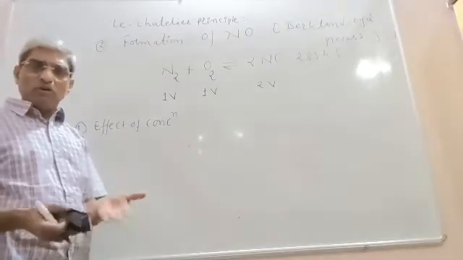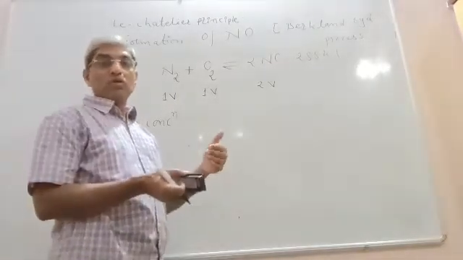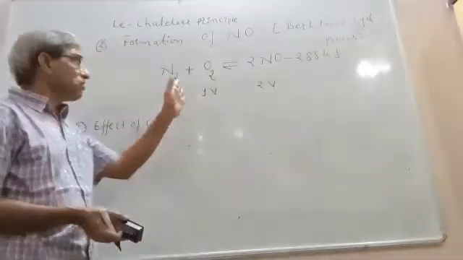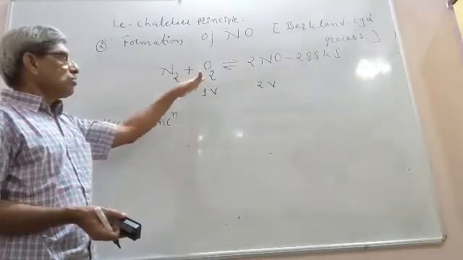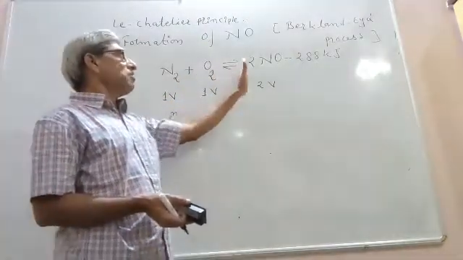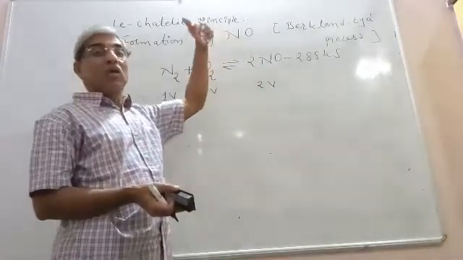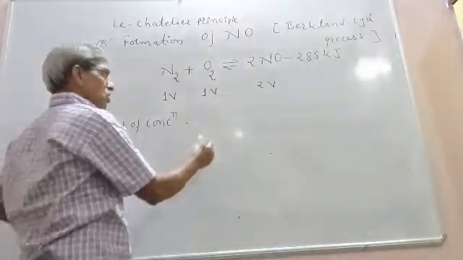Again, we know the law of mass action: rate is directly proportional to the concentration. As concentration increases, rate increases. Therefore, by increasing the concentration of N2 or O2, the equilibrium shifts towards NO and more amount of NO is obtained. Therefore, write in short: